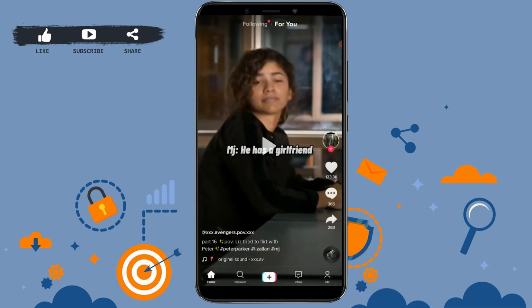Hope this video was useful and you have learned how you can download and save TikTok videos on your